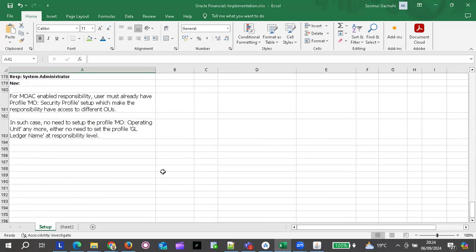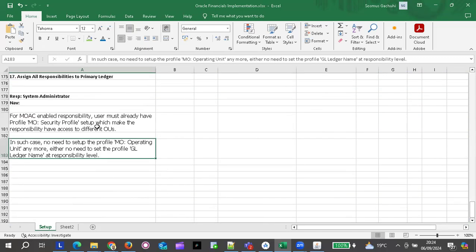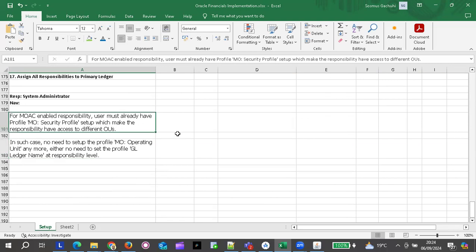This is from one of the Oracle documents that I checked, and this is what I happened to get. So the moment the MO security profile option has been assigned or set up, it will make the responsibility have access to different operating units, because these operating units are connected to the primary ledger, as we will see when we are defining it. So in our case,